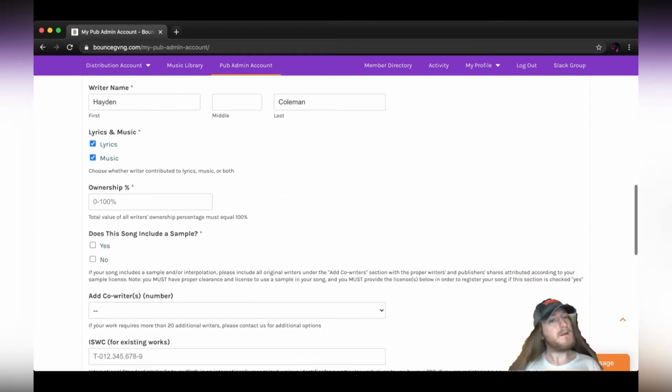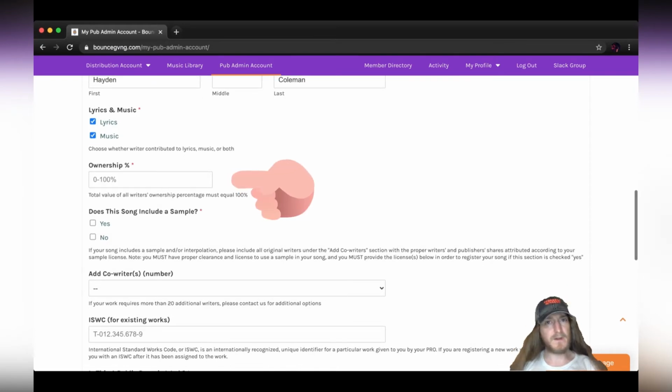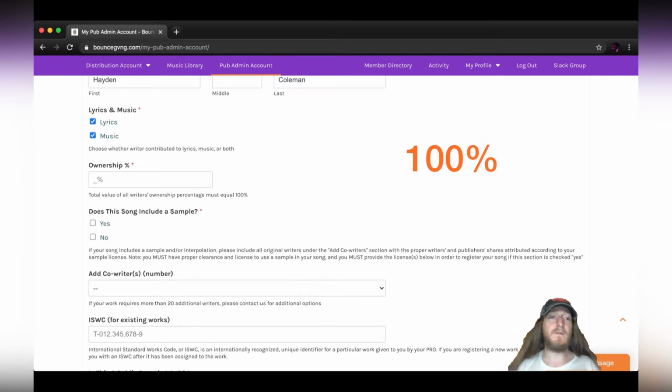All right. The next option right here is going to be ownership percentage. So this is really important. Between you and all of your co-writers, the total of all of the ownership percentage combined between everybody should equal 100%. This is really important because if these percentages are off or they don't equal 100%, a lot of times different collection societies can see that and see that it's either not complete or that there's a dispute in ownership